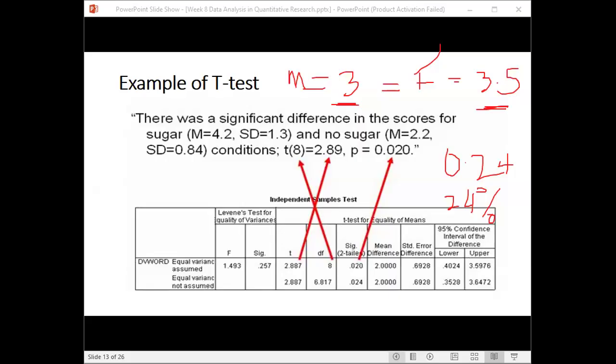The rule is that if your p-value, right, is less than your significance, you reject, and that is your rule. Anytime that you are comparing the probability values and your alpha is